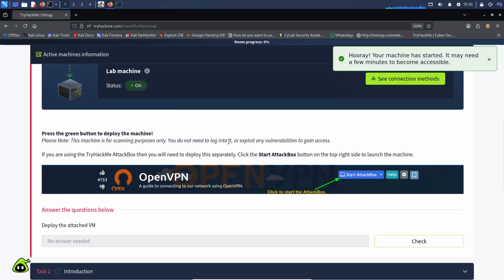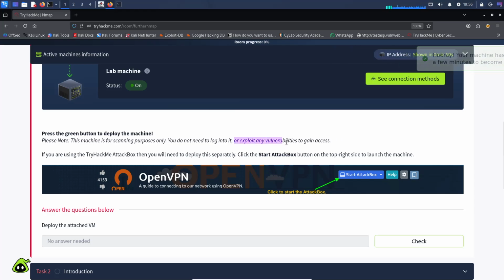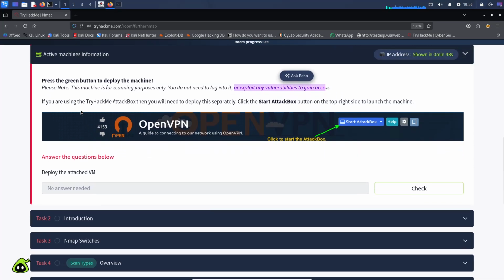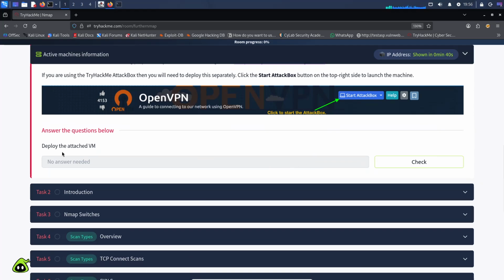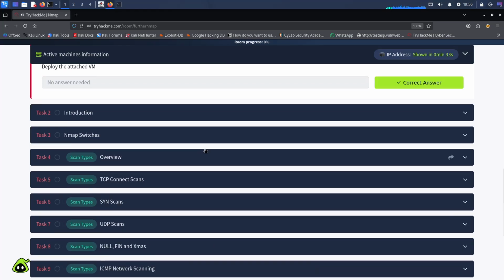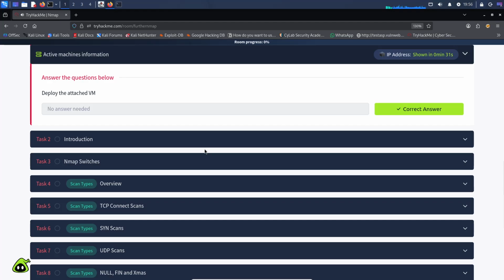You don't need to log into it or exploit anyone which is to gain access. If you are using the directly attacker box, then you will need to deploy the separately. Click the attacker box of the launch the machine. Also deploy the attached VM. আচ্ছা, আইপিতে দেখাবো।